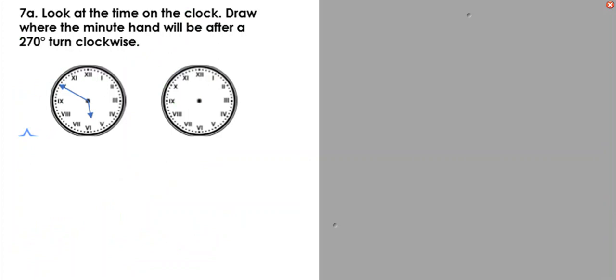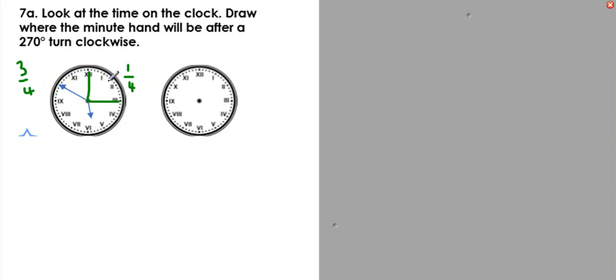Let's have a look at this one then. So look at the time on the clock. Draw where the minute hand will be after a 270-degree turn clockwise. So remember 270 degrees is 3/4 of a full turn. If we draw on this clock here our 90 degrees, we can see that our 1/4 turn